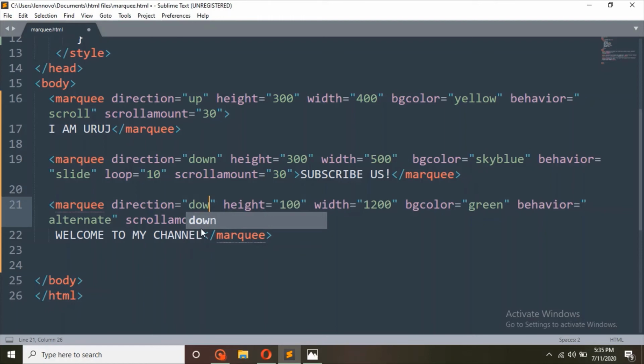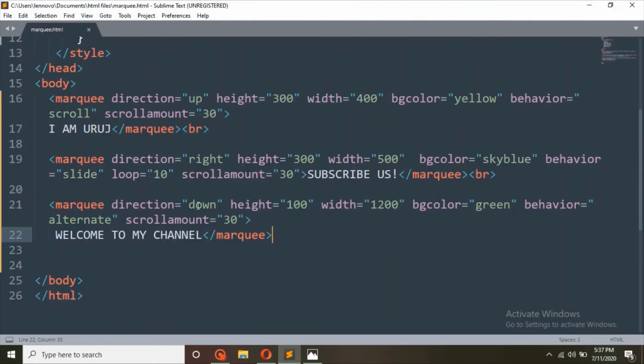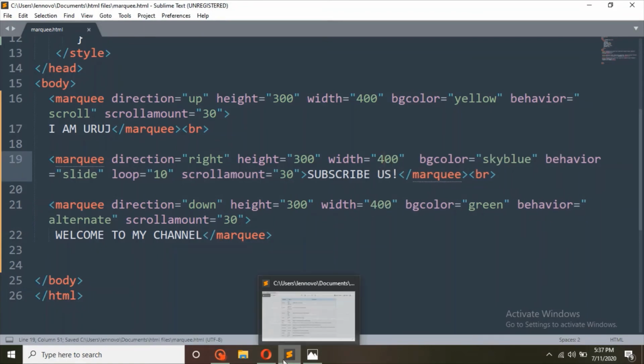To make you understand better, I'm setting the direction of the third one to down. I'm adding br so you can see it more clearly, and height and width to 400. I'm just making the 3 of them more equal.